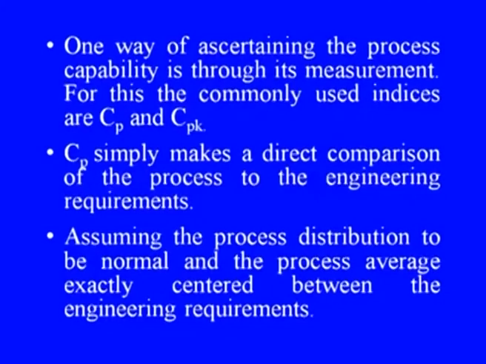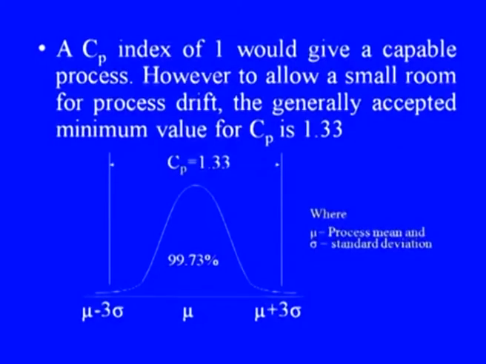Cp simply makes a direct comparison of the process to the engineering requirements, assuming the process distribution to be normal and the process average exactly centered between the engineering requirements. A Cp index of 1 would give a capable process. However, to allow a small room for process drift, the generally accepted minimum value for Cp is